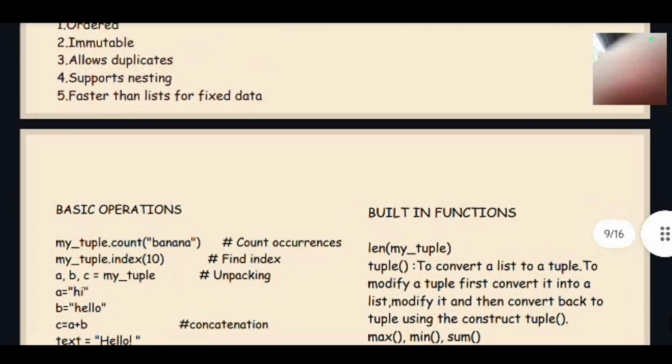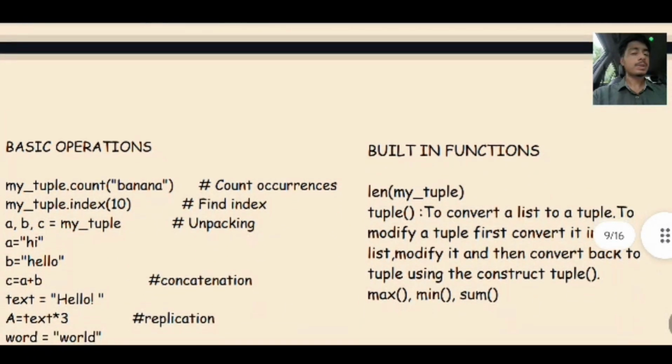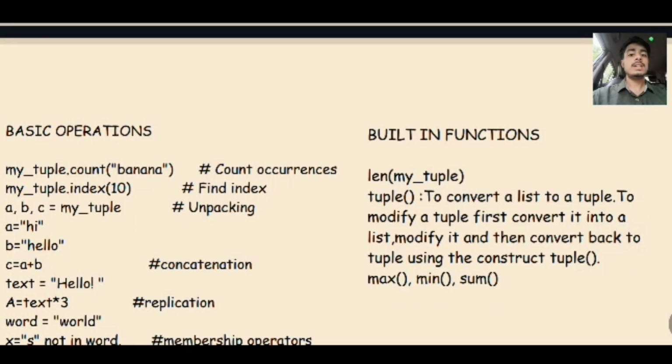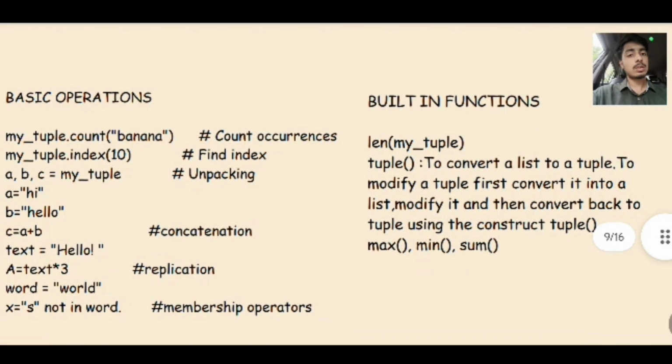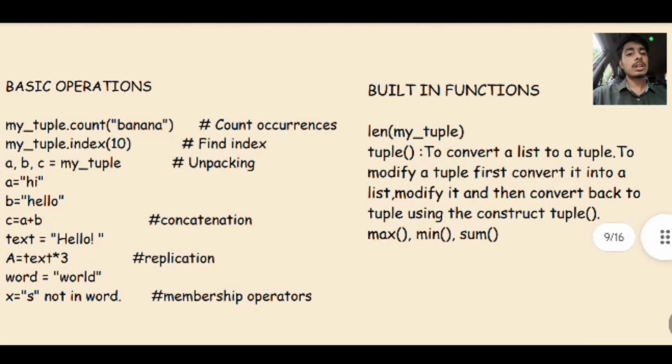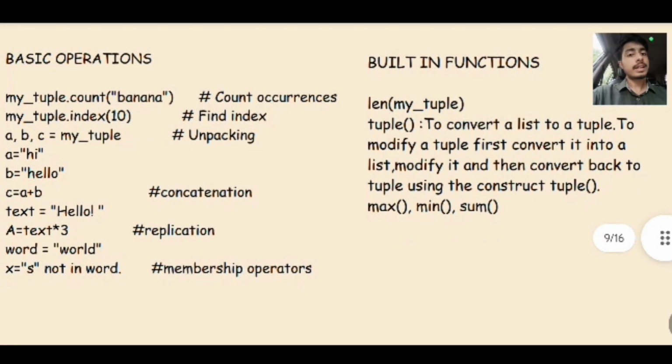Then the basic operations include, first one, we can see count function. So it is used to count the number of occurrences of a particular character. Then tuple name dot index of a particular value finds the index of that particular value in the tuple sequence. Then like list and string, we can see concatenation, replication, membership operators. Then the built-in functions include len,